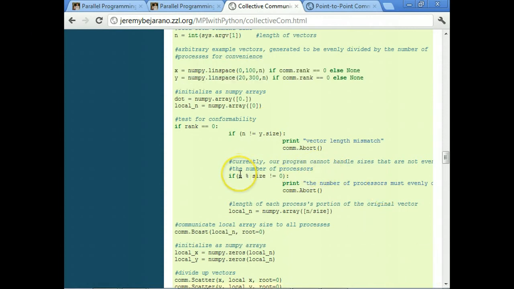And then I want to check to see that the size of those vectors can be evenly divided by the number of processes, because for the time being, we're not able to handle the case where they don't.